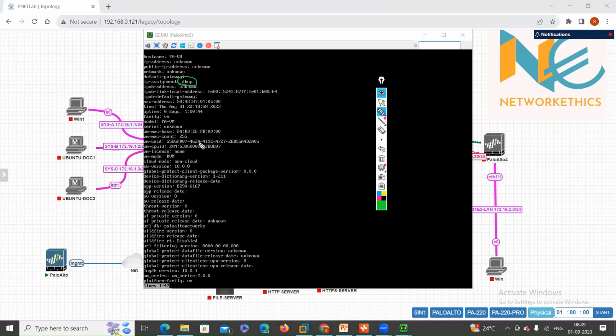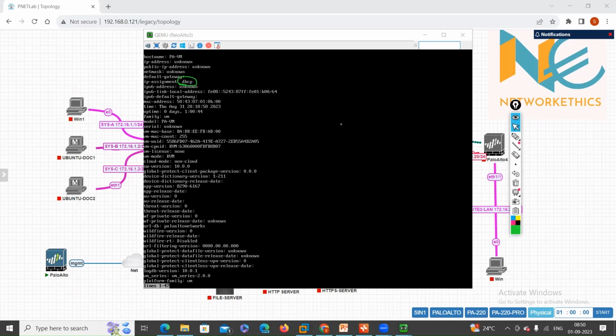So it is waiting for the DHCP server IP assignment, but we don't have a DHCP server in our lab topology, so we will not be able to get any IP address. So what you have to do is change the IP address as per your management interface, right? To change the IP address on your management interface,